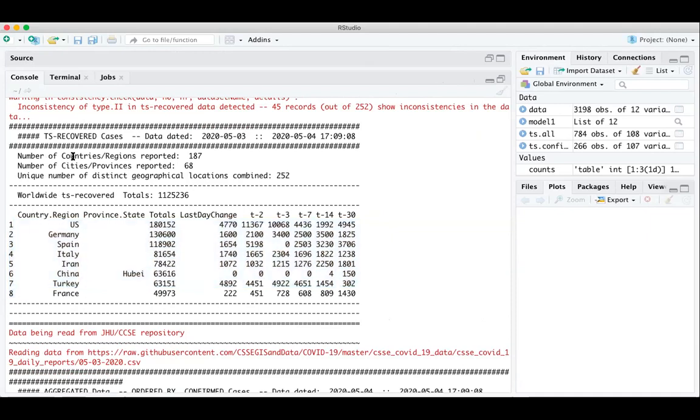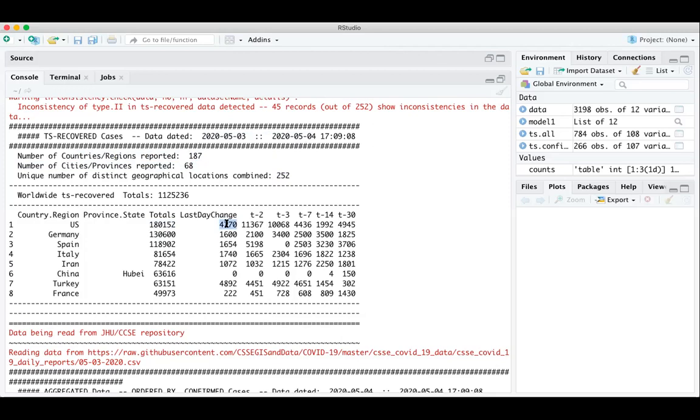What it is indicating is the recovery cases from 3rd of May to 4th of May. The total number of reported countries was 187, out of that the city count is 68, and the unique geographic locations are 252. So these are the total number of record cases.